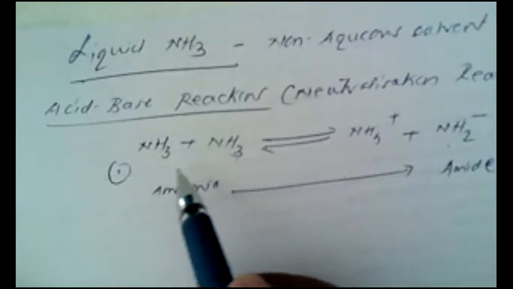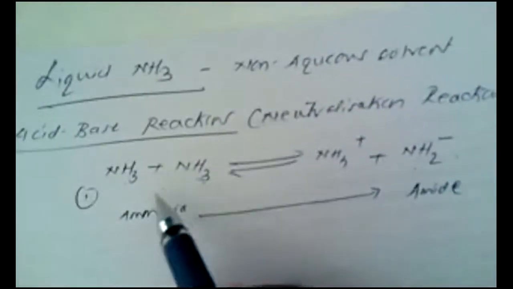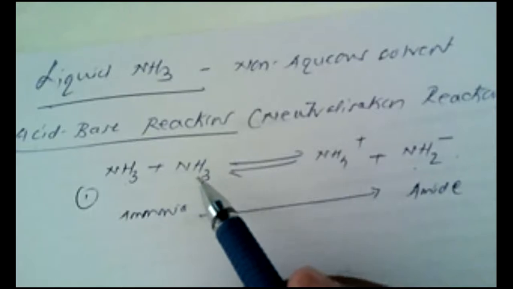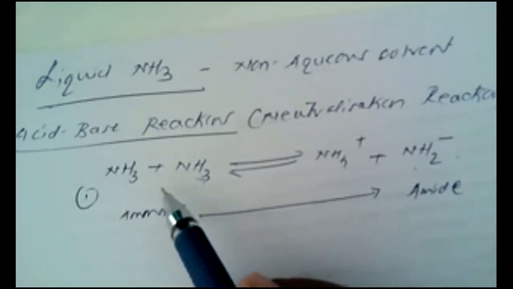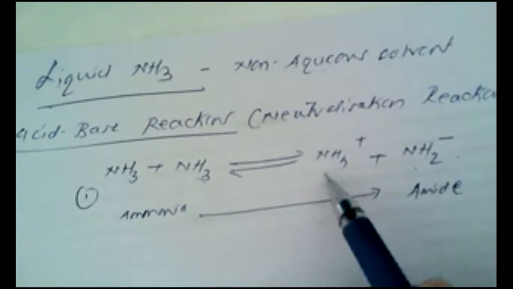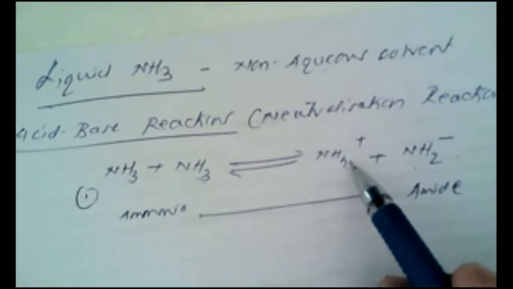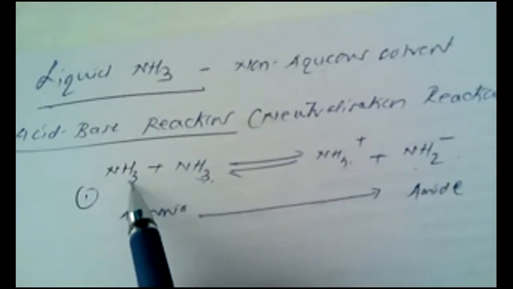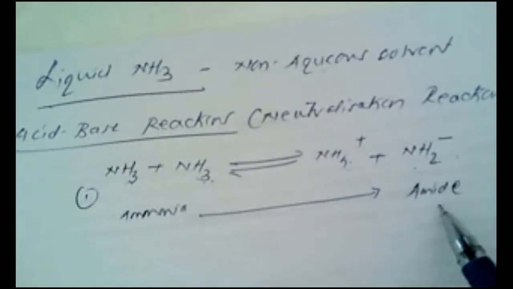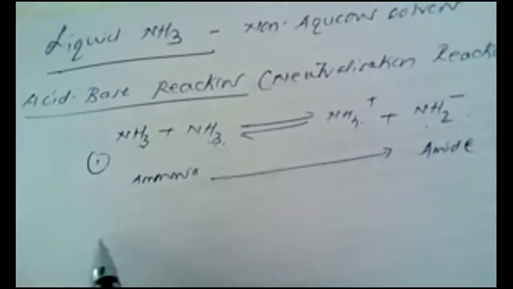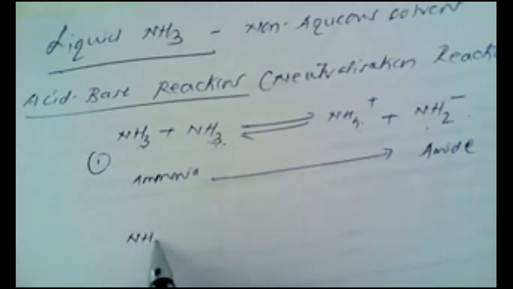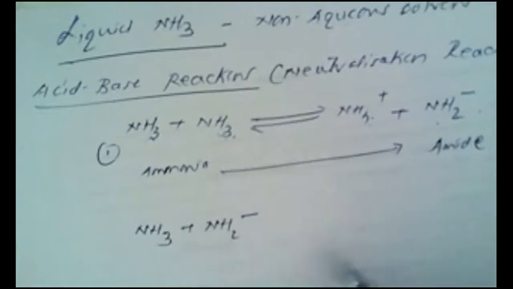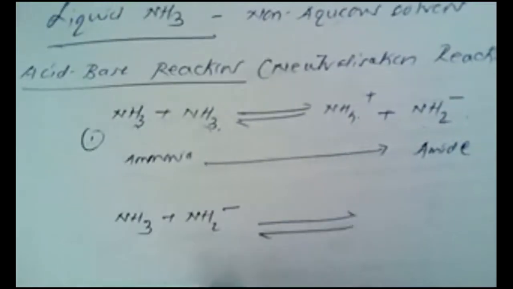So these are the liquid ammonia molecules. When they unite, they furnish protons, and the proton that is furnished by one ammonia molecule is accepted by another, and it can form NH4 plus, that is a positively charged species, and the ammonia that gave the hydrogen forms NH2 minus. Now this NH2 minus, that is amide, that is already formed, again tries to react with liquid ammonia so as to form the second reaction.